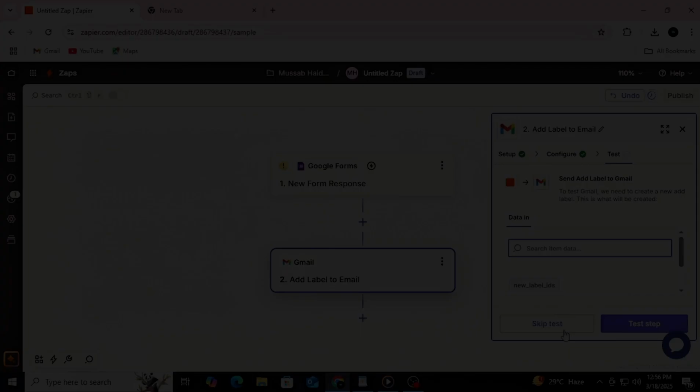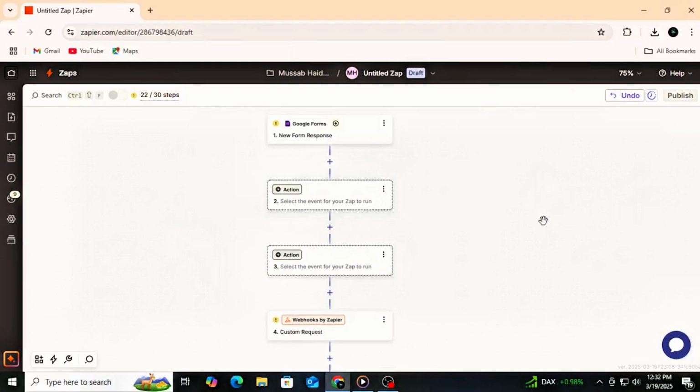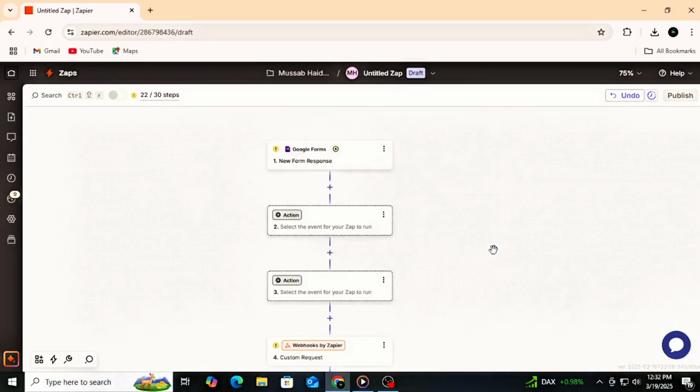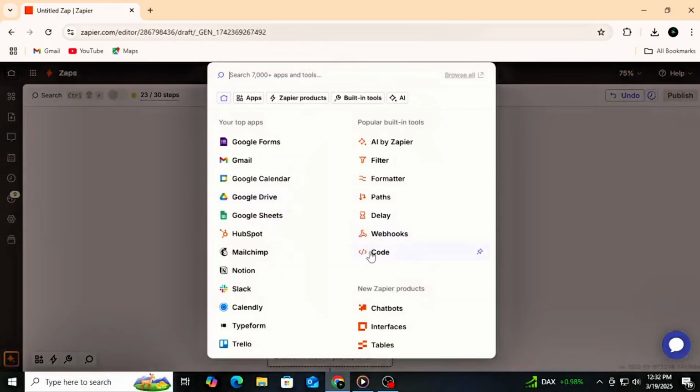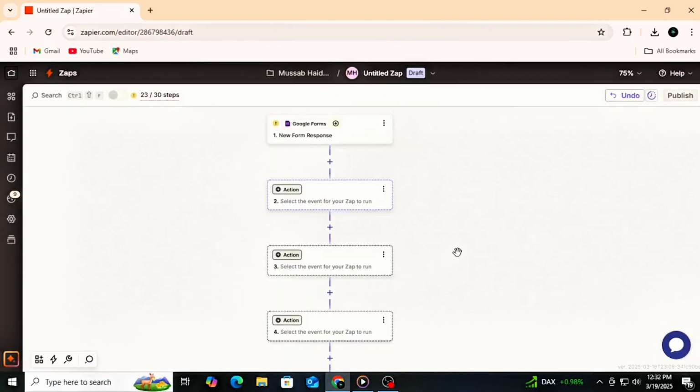Zapier's code feature allows you to run small snippets of JavaScript or Python within a Zap. This is useful when you need to perform custom logic, calculations, or data transformations that are not possible with standard Zapier actions. The code step can be added between a trigger and an action to modify data before passing it